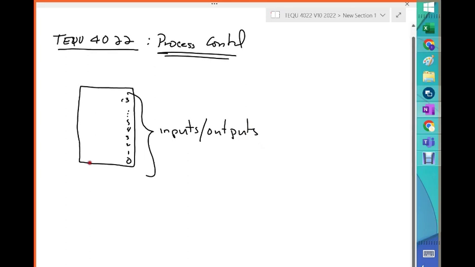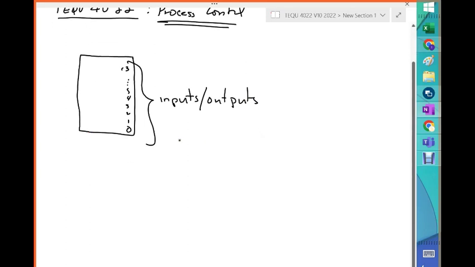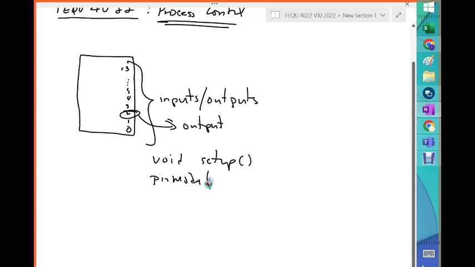For example, if we want pin 2 to be an output, what we have to say in the void setup of the Arduino code is we set pinMode, then the number, that will be 2, and what we're going to be doing with that pin: either it's going to be an output or an input. If we say an output, we write OUTPUT in capital letters, so it's going to be